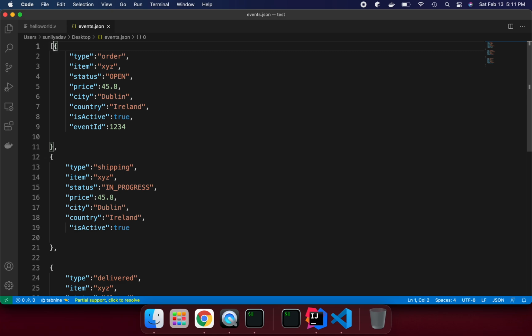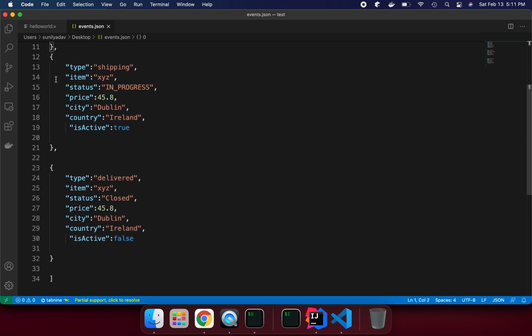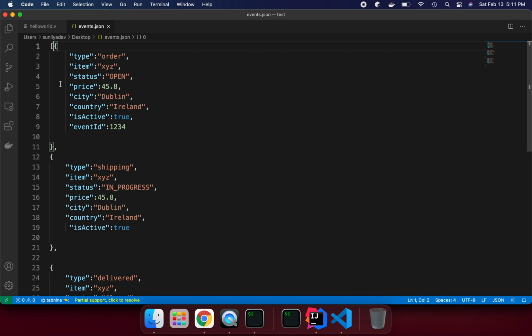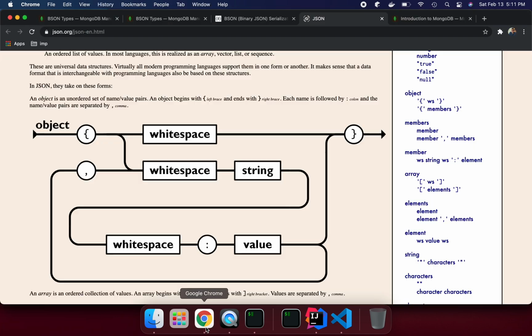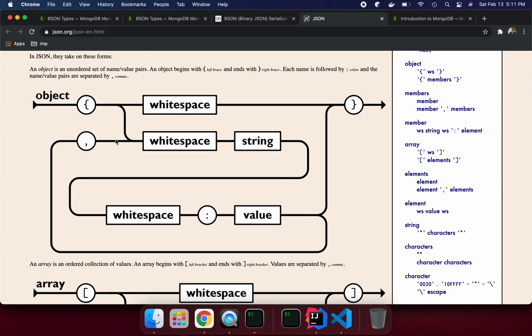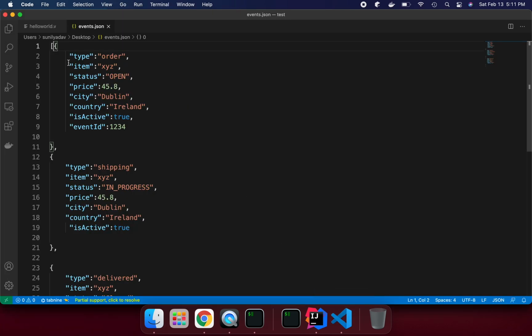So this means a collection of documents, a list of documents we are putting into one, but I will go one by one. So let's understand the basic things. Here is JSON. It starts with curly braces and ends with curly braces. So this is my one valid JSON format.